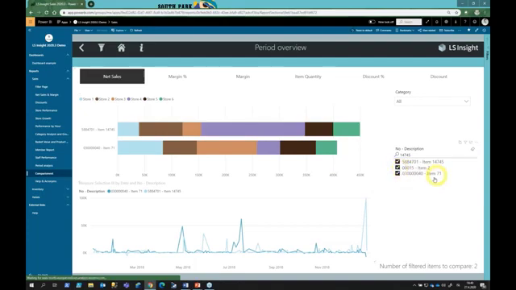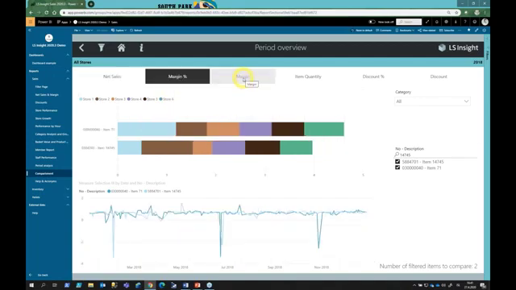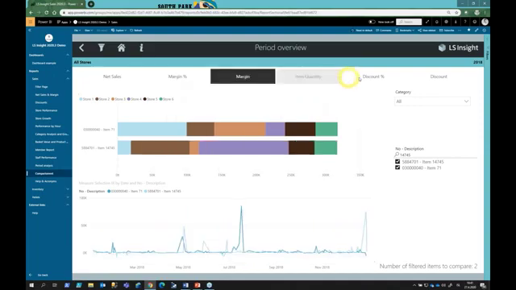Don't deselect them here. Now I have two items that I'm comparing, and I can see the net sales by store and the period here, or by date. Like before, I can change the measure I'm using to compare. And if I go to the discount,